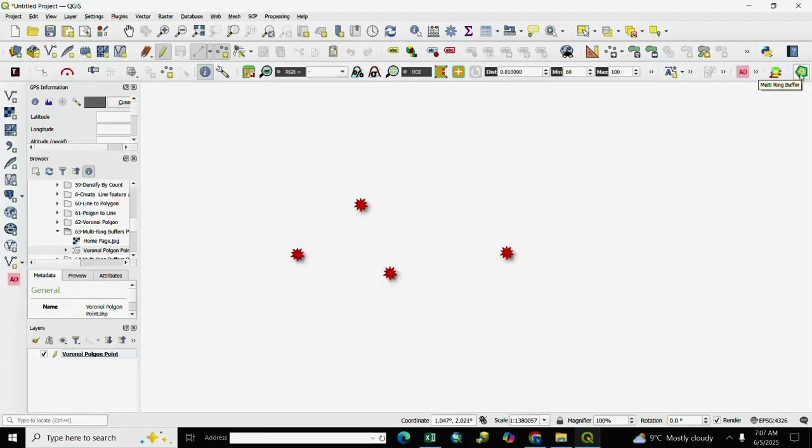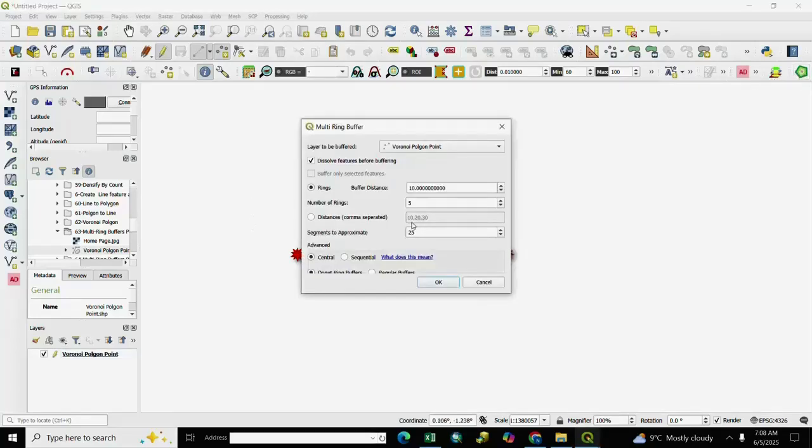So for creating multiple rings, we select it, its shortcut. For multiple ring buffer, we go to the tool, the multiple ring buffer tool, and we select it.